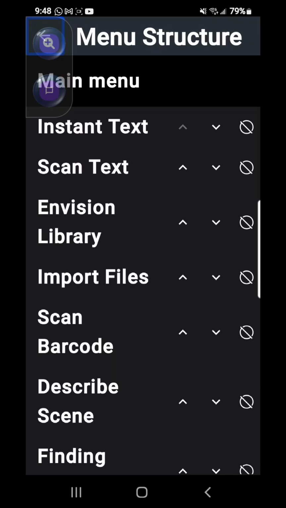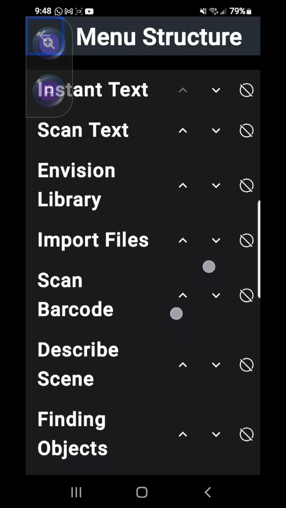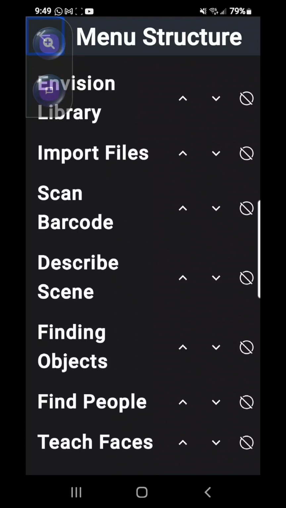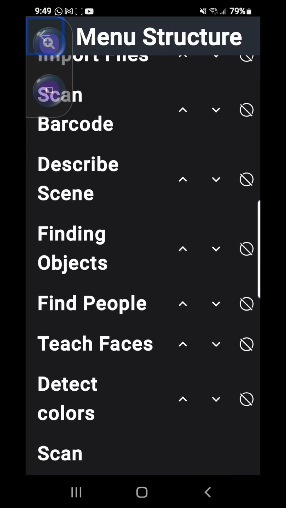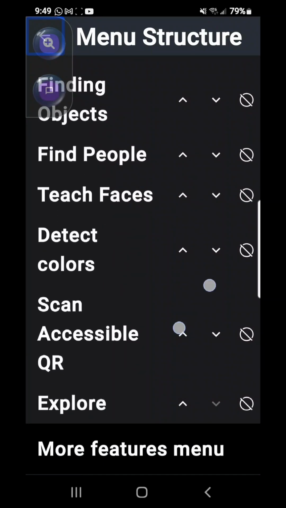So if you have a few that are your favorites or that you use more often, you can change where they show up on the list as you scroll, but you can't really change the fact that you have to keep scrolling if you want to get to the ones that are further down the list. You can also remove some of them from the list so that it's not so intense. Like if I'm not always going to be looking into the Envision library, or if I'm not really always going to be using the barcode scanner or the QR code scanners, I can just remove them and have them end up